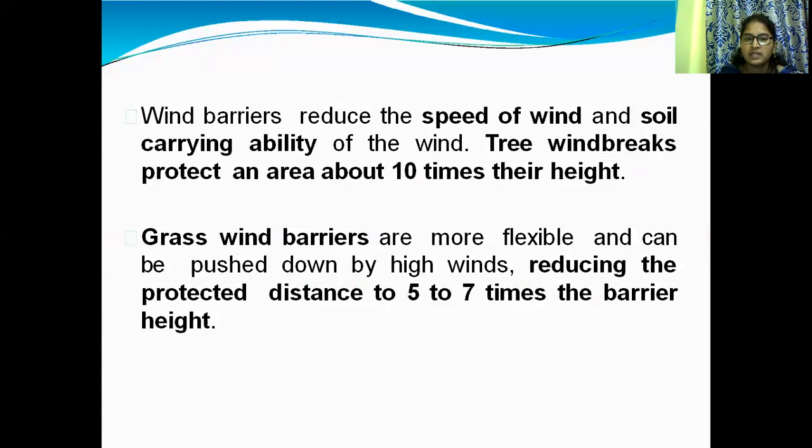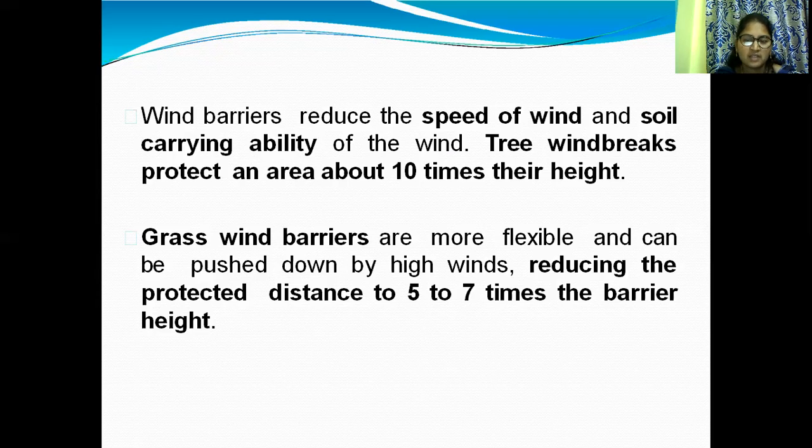Windbreakers reduce the speed of wind and the soil-carrying ability of the wind. Tree windbreakers protect an area about 10 times their height.